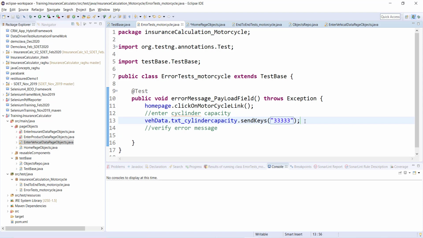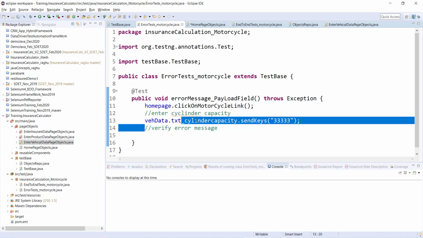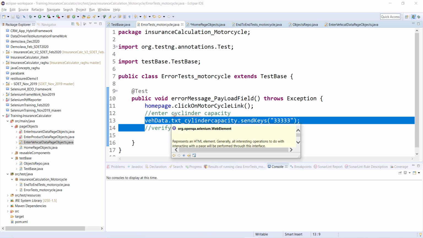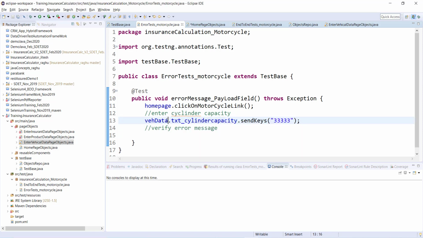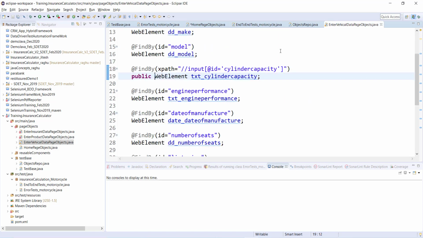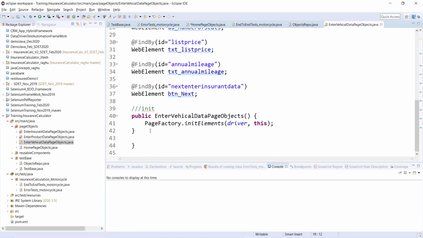So in the page object model, what is recommended? In your actual test case, you will see only business readable functions, not something like send keys and all those click methods. You should not have these methods in your actual test cases. Otherwise we can do these things like this as well without creating methods. But as per the recommendation, here we will create another method called public void enter